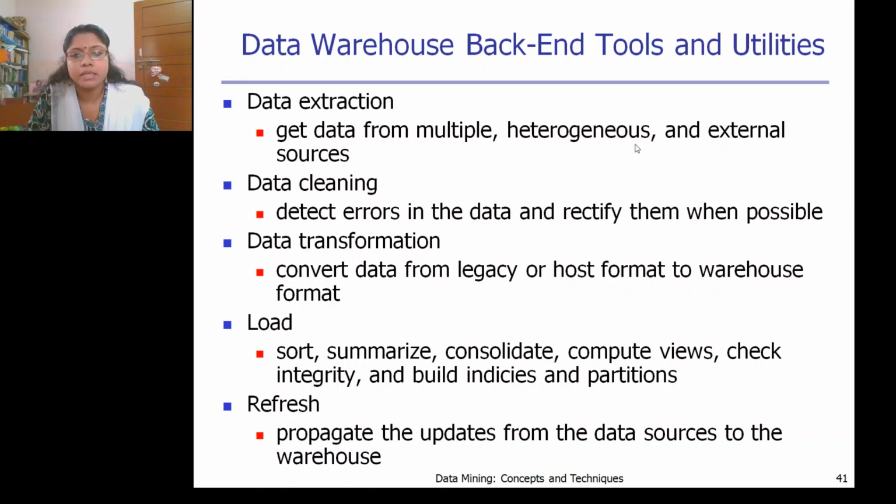Now, the data warehouse backend tools and entities. I have told you regarding the ETL operation, so here again that operation is coming. ETL is data extraction, data loading, and also transformation. In data extraction, you get data from multiple heterogeneous and external sources, then clean the data, that is detect the errors and missing values. You try to rectify them or clean the errors. In data cleaning, we have already seen many techniques for data pre-processing. Then finally data